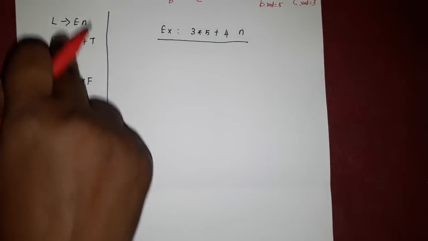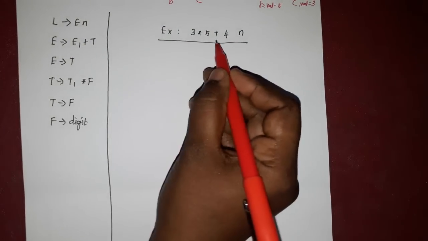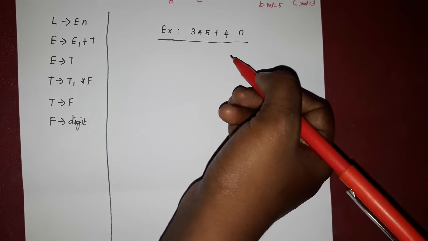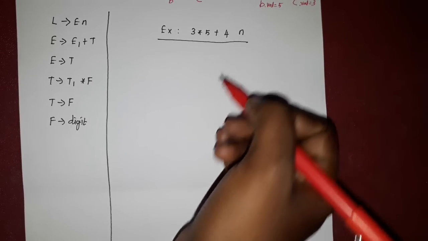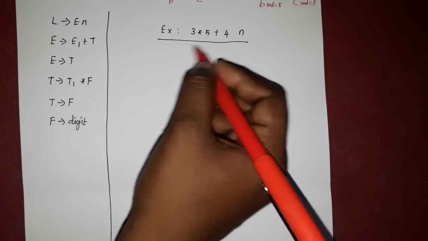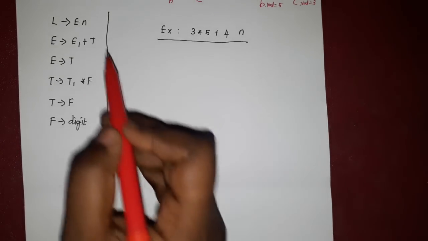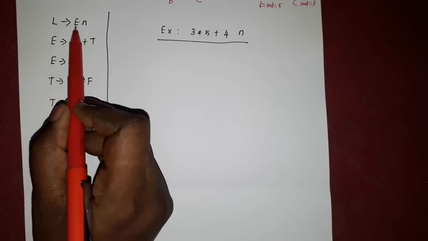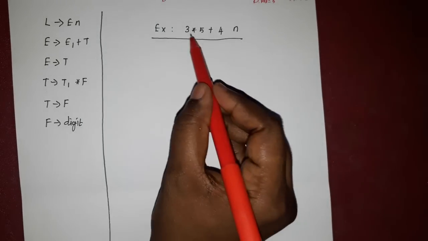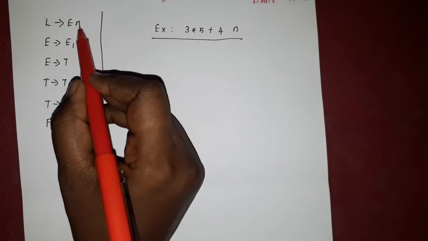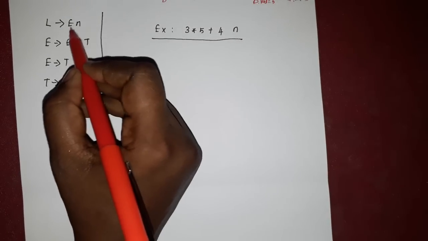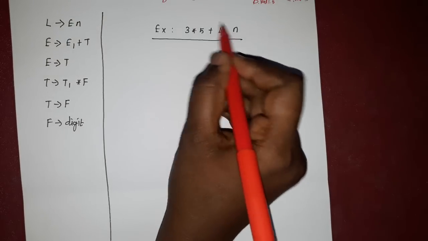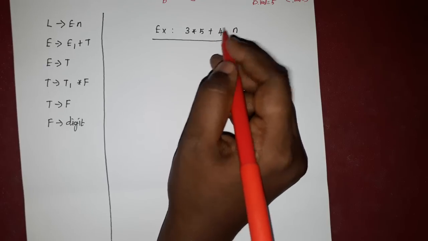This is the example. This is the grammar production symbols and this is the expression. For this expression we are going to construct the annotated parse tree. So in each node of the parse tree we have to specify the value of the attribute. So here we can compare this expression with the grammar production values. Here this capital E specifies 3 star 5 plus 4 and this n indicates this n. So the total expression value is allocated or specified to the left symbol capital L. So I am going to evaluate this total expression into L.